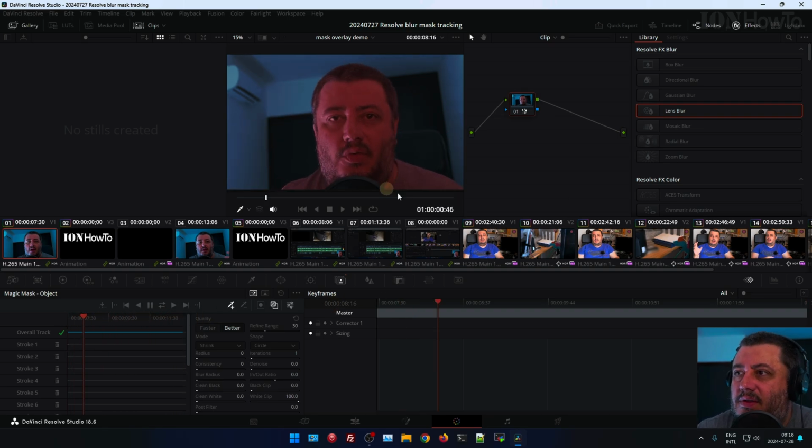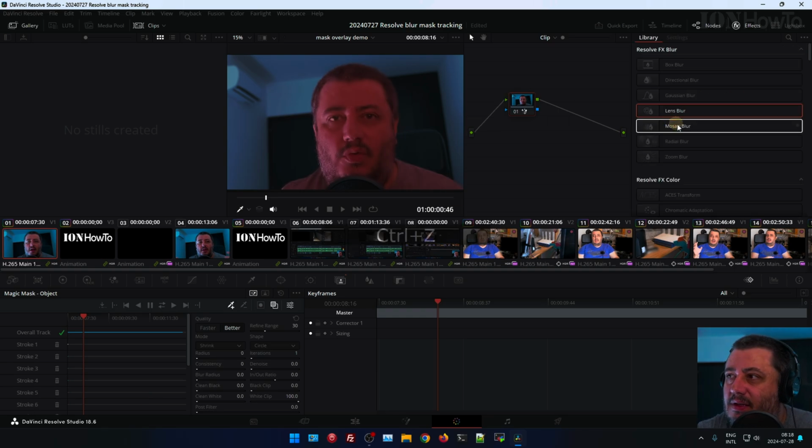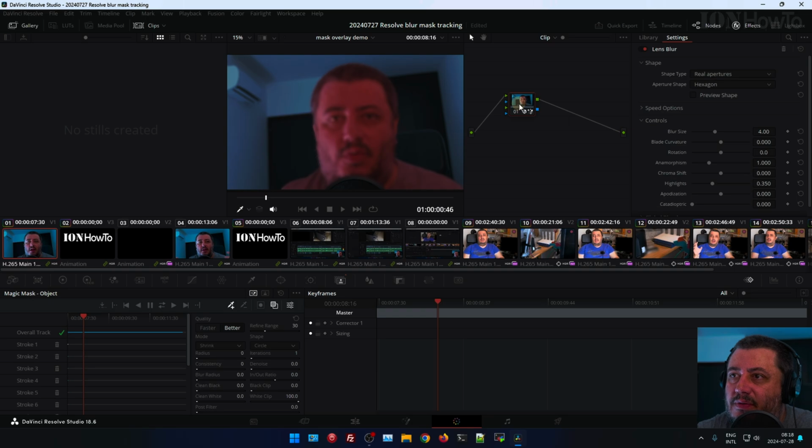Okay, now that I have this mask, I can go to the filters, to the library of filters, and add a lens blur effect. And if you notice, the lens blur effect goes onto my face, but actually that's not a problem. If you notice, let's undo. I add the lens blur effect, and if you notice, it goes onto my face, but this is not a